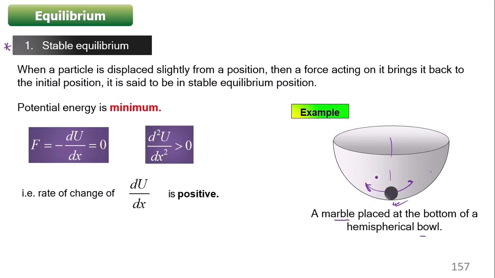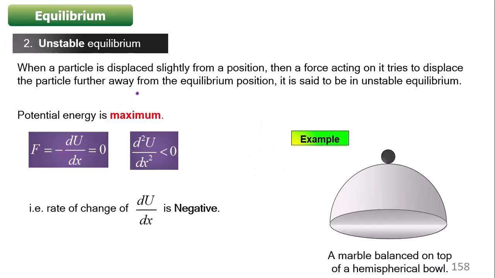For stable equilibrium, the first and foremost condition is that du/dx is 0, and the potential has to be minimum. Why? Because in this situation, the diagram of potential versus x looks like this. This is the minimum value of the potential, so you have to minimize this function. The second derivative must be positive. So these are the two conditions which satisfy the stability criteria, and whether the particle achieves stable equilibrium or not is defined by these two criteria.